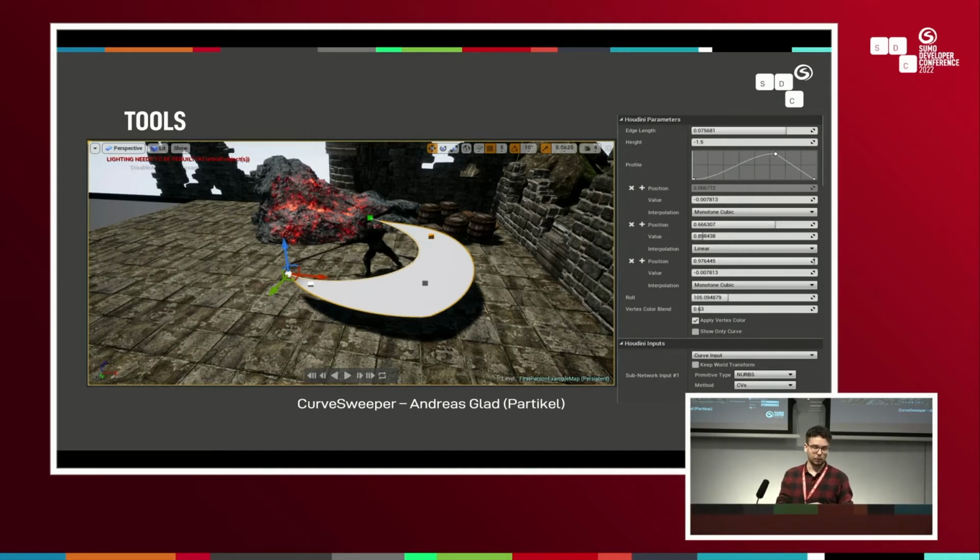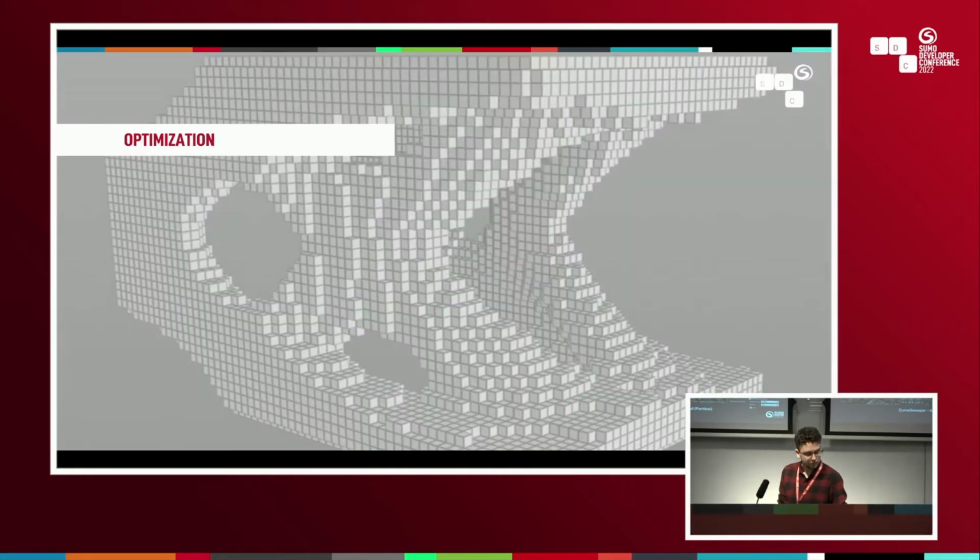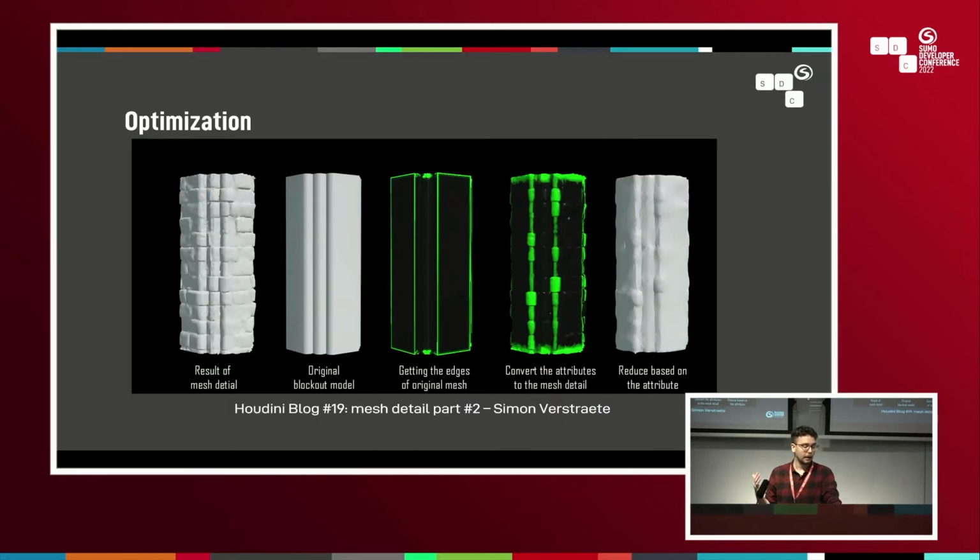And this would be a great mesh to use as like a VFX swipe or something like that. Then optimization. This is something very big that is honestly extremely useful in Houdini, because we can all do it in the same package without having to go somewhere else. An example here by Simon Verstraete is we have a high poly and a low poly next to it, and he's going to generate a game model version of the high poly,